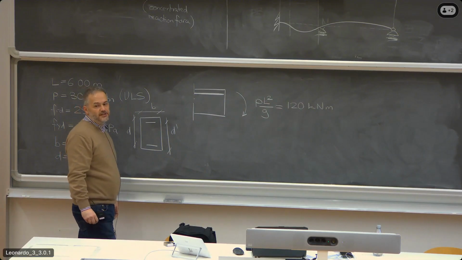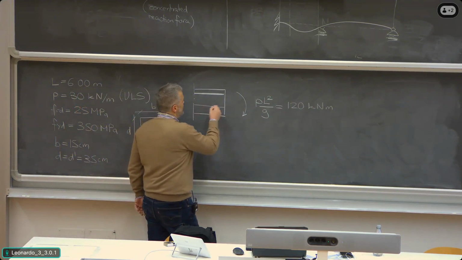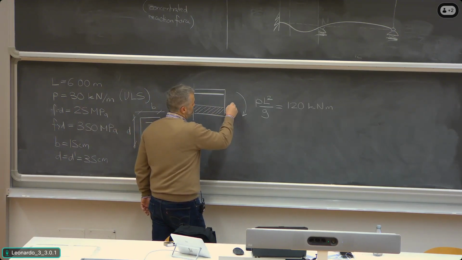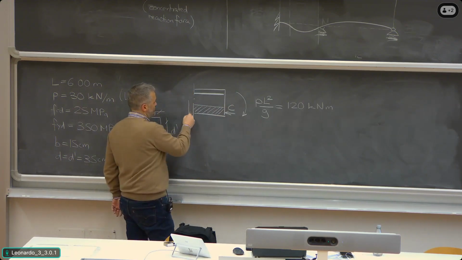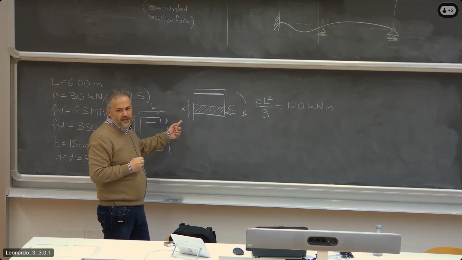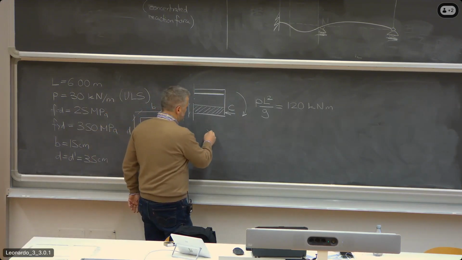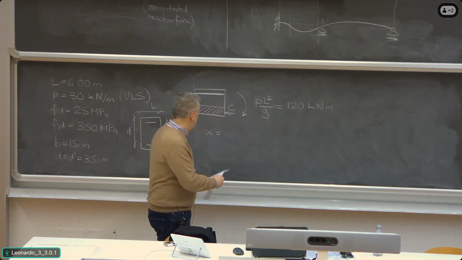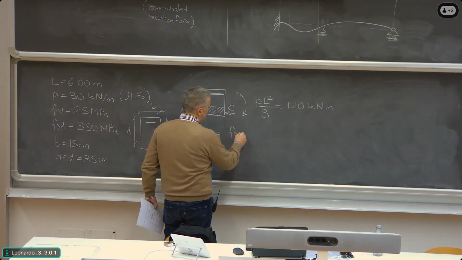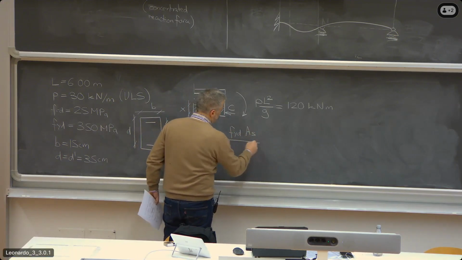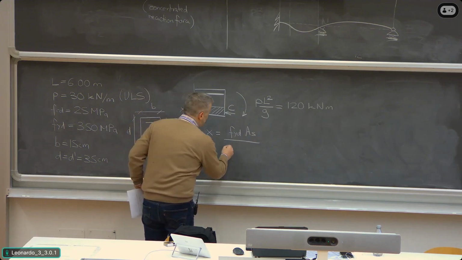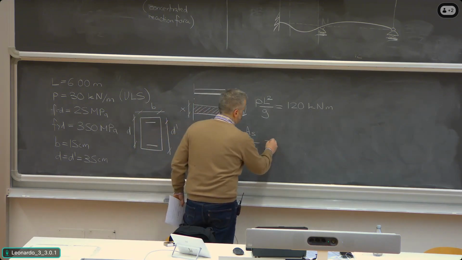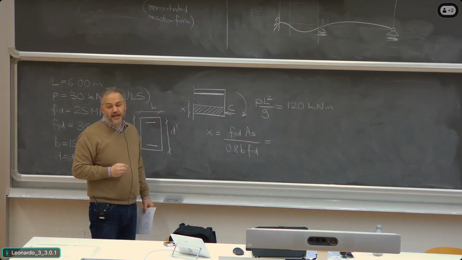So the first thing we have to understand is what is the neutral axis depth, which means the area of concrete which is in compression. This is called neutral axis depth and its value is x. The equation at the back of the page tells us that the value is the following: FYB times AS divided by 0.8 times B times FCD equal to, careful again with the units of measure,